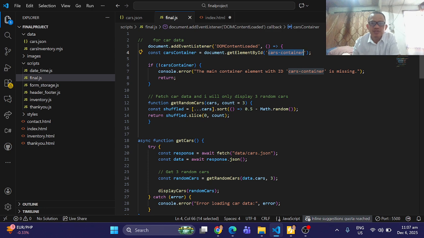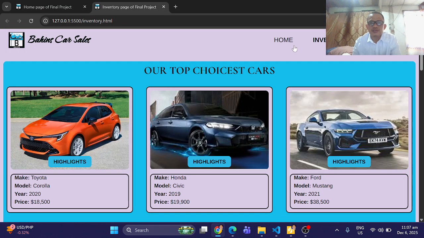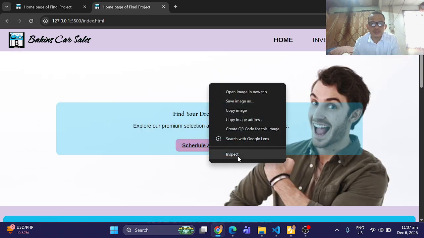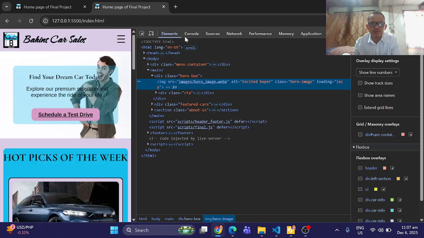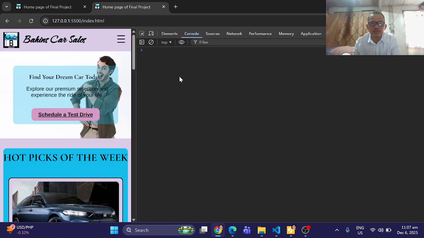Now, if the container is not available, then we are checking that here. If that container is not available, then this message will be printed in the console. I can show you. For example, as we inspect this and go to the console, we do not have an error.